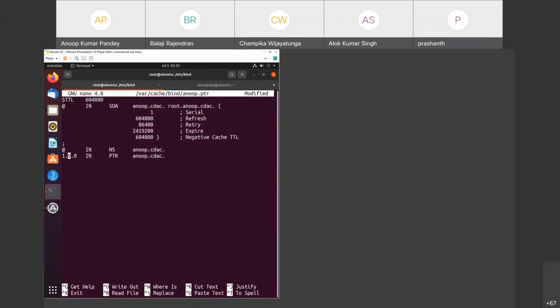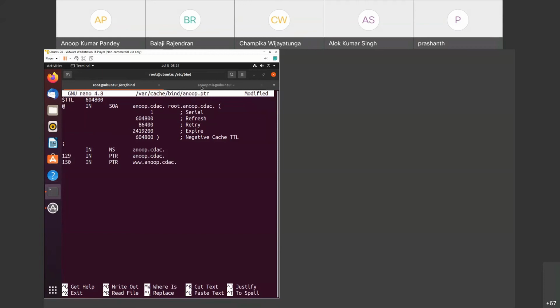Now remember, so our zone is reverse, that is 192.168.80. After 80, for this existing domain, what is the IP address? Last is 129. So I will write only 129, because after that it will automatically take 129.80.168.192 dot in-addr.arpa address. And then one more entry for the www. So PTR www.anup.cdac.